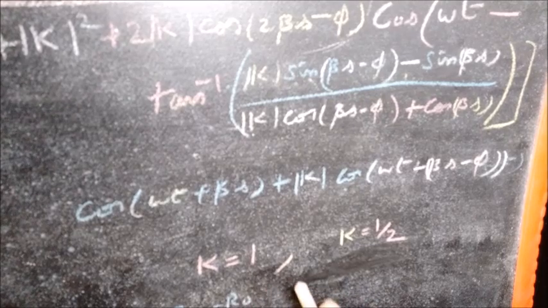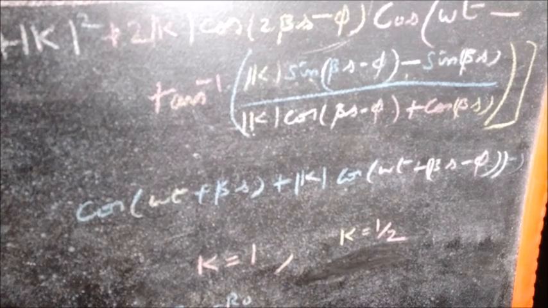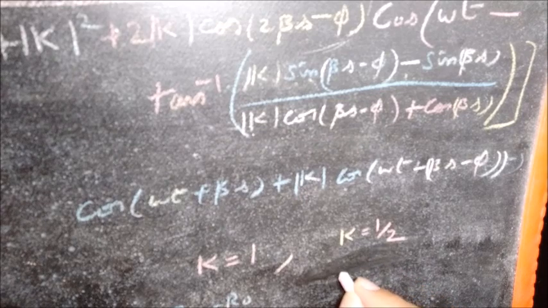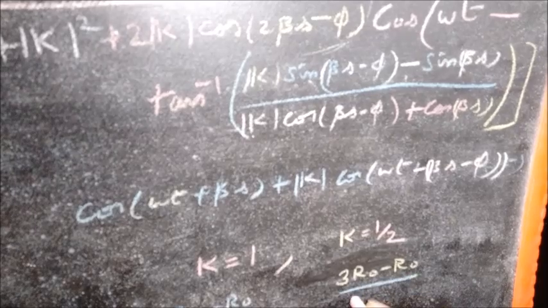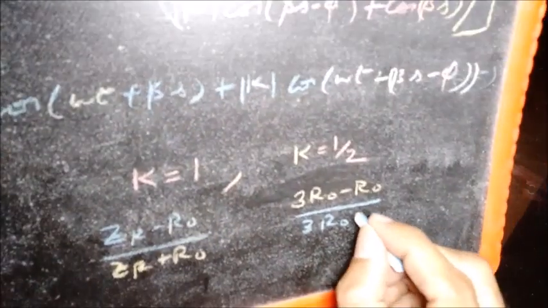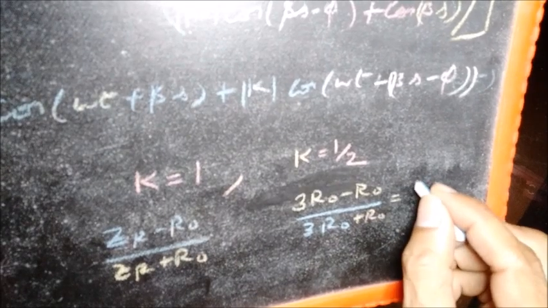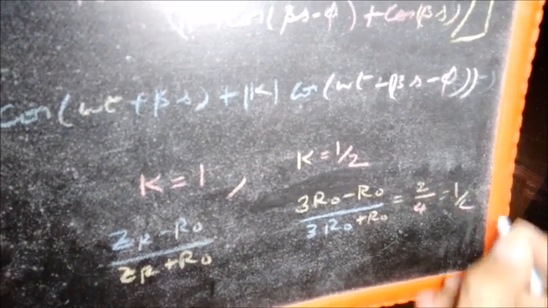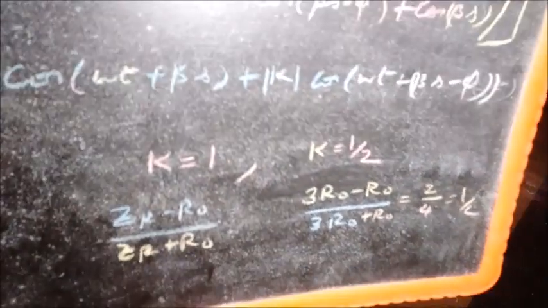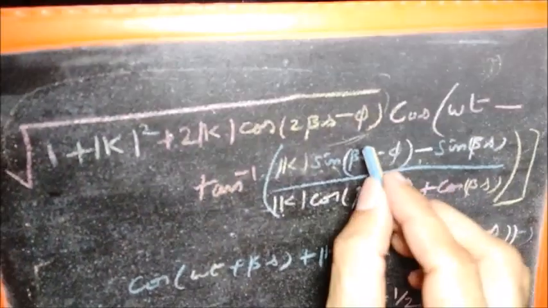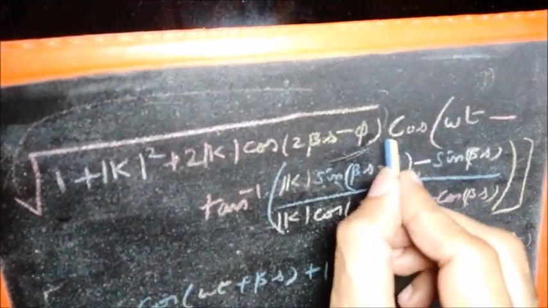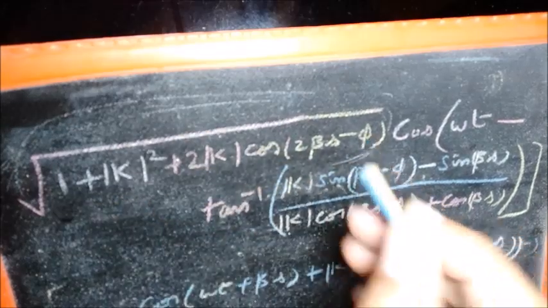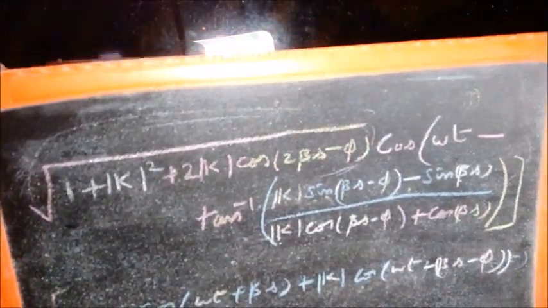In fact, I have plotted for k is equal to 1 with phase as 0, which means that I have plotted for an open circuit, ZR is infinity, and also I have plotted for k is equal to 1 by 2, which can happen if ZR is 3 R0, that gives 2 by 4, which is 1 by 2. So here come the simulation videos, wherein I have plotted both the amplitude as well as the waveform as a whole, and I have made an attempt to explain what exactly is this amplitude and what it is that we plotted towards the end of the previous lecture video.